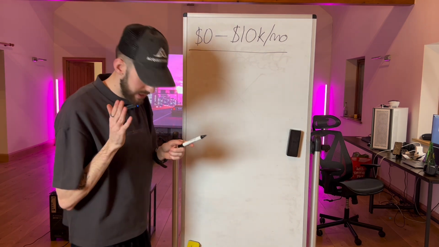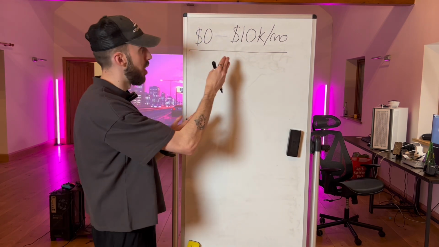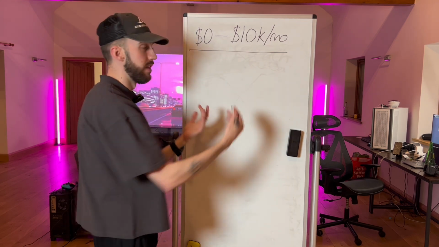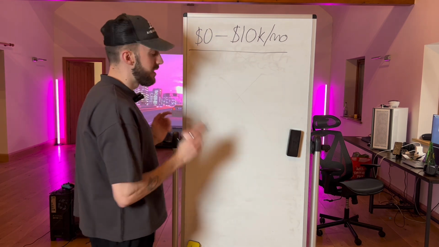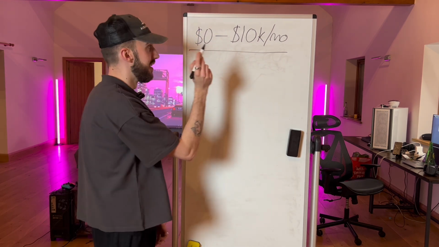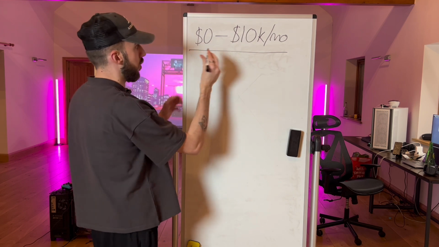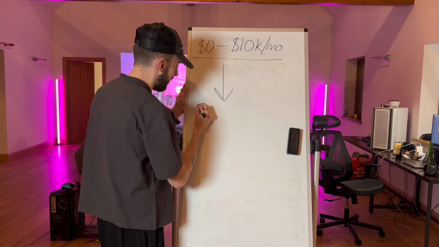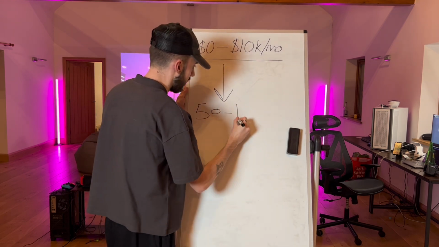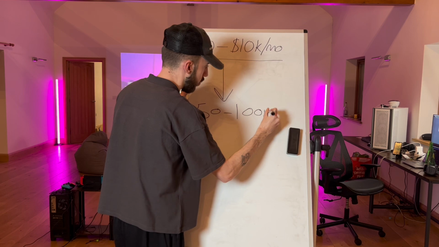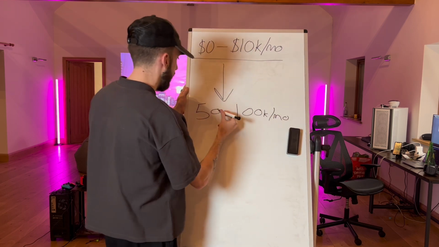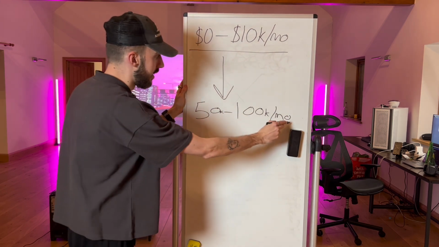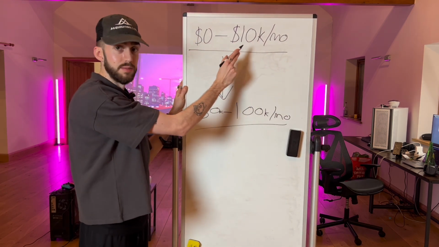If you're going after that specific market segment because that market segment gets the biggest benefit and the biggest ROI from your service, and they're also easy to find, great, but you need to know the inefficiencies this market segment is dealing with. The inefficiencies this market segment is dealing with are going to be different than the inefficiencies of this other market segment. So we've got 50K a month to 100K a month, completely different inefficiencies in comparison to this market segment, right?